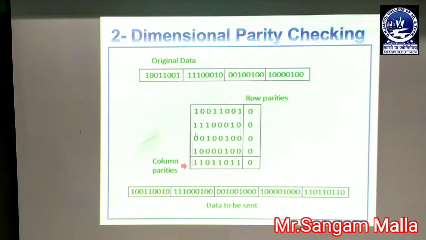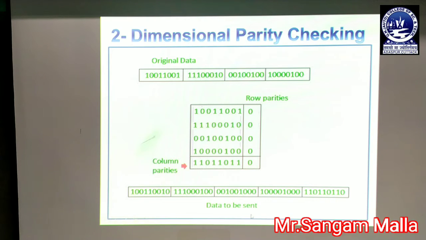Similarly, if we consider it column-wise, the column parities are here. This is the first column, second, third, fourth, fifth, sixth, seventh and eighth. So there will be 8 parities for the columns and 4 parities for the rows, along with the total parity calculated here.